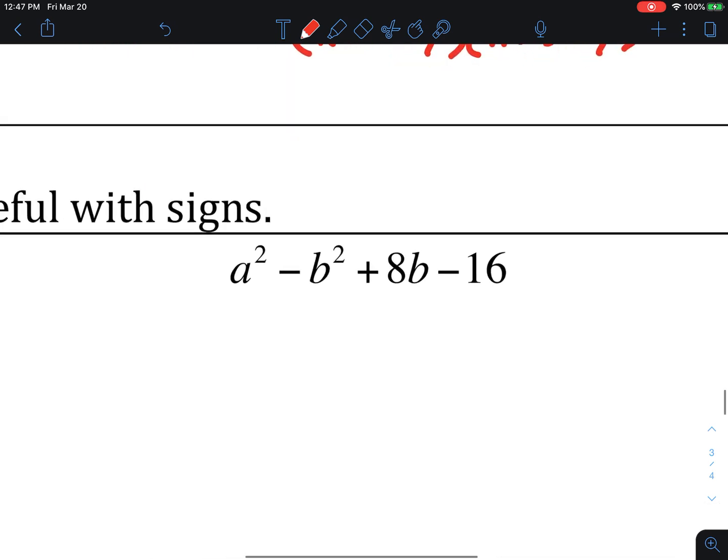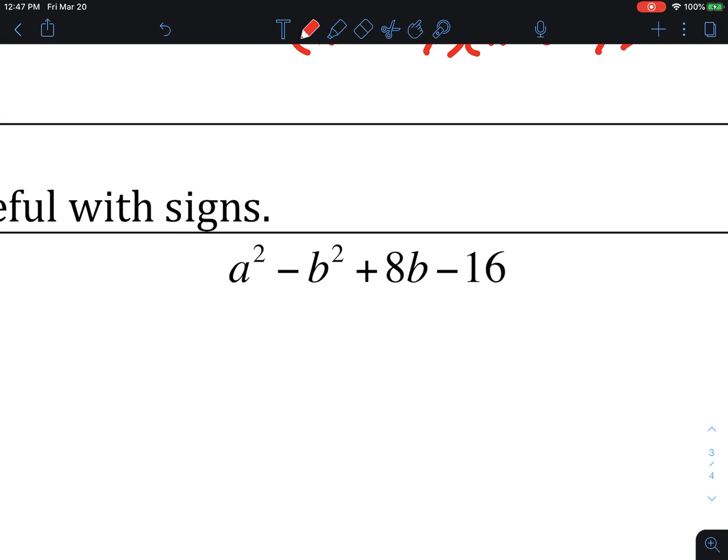Now, let's take a look at another example of a four-term